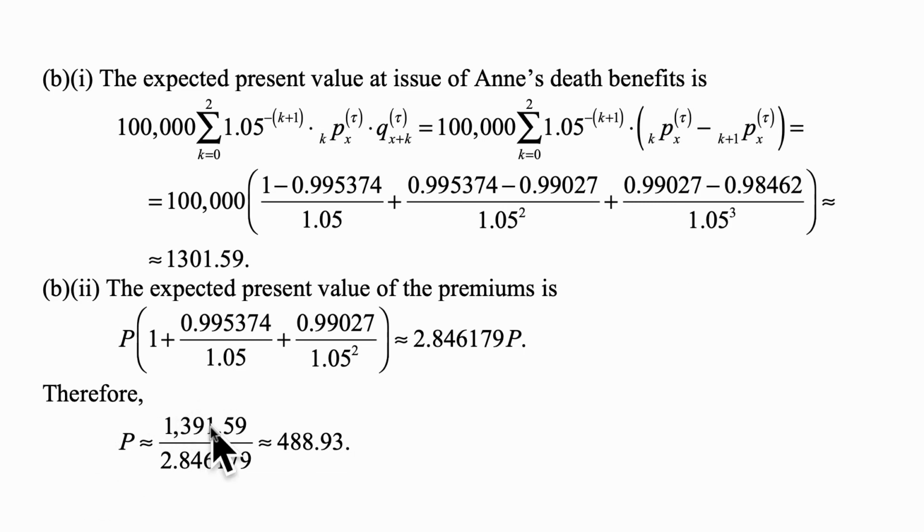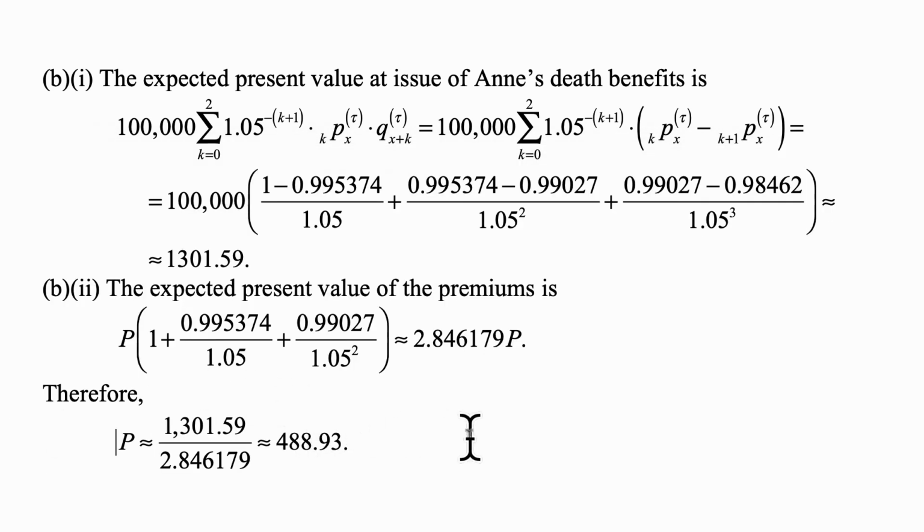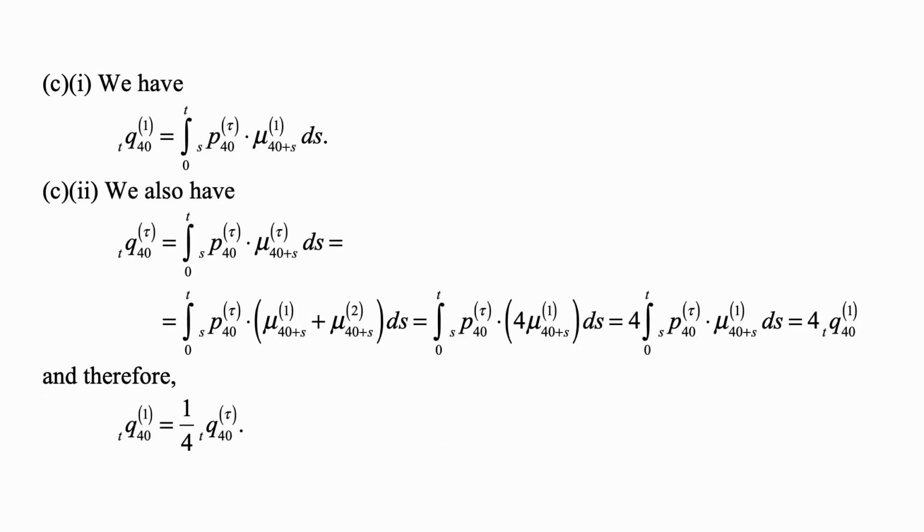Therefore P is approximately, this is a typo, so let me try to fix it quickly, 1301.59 over 2.846179, and it's approximately 488.93. For part C1, we have tq41 is equal to the integral from 0 to t